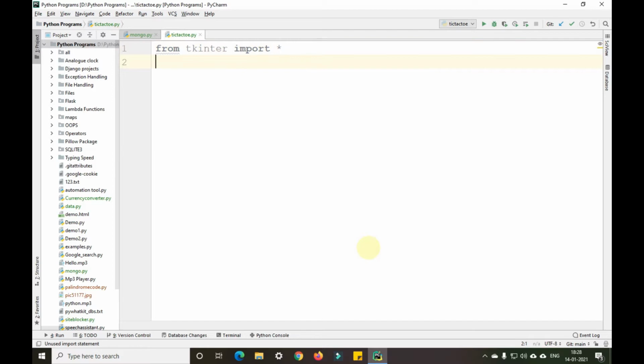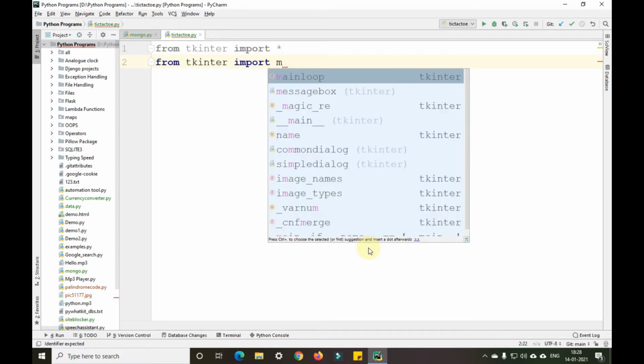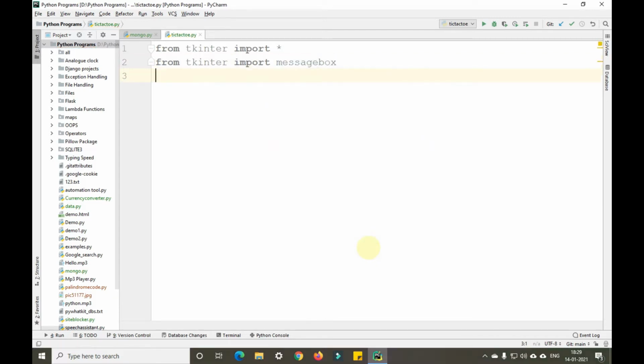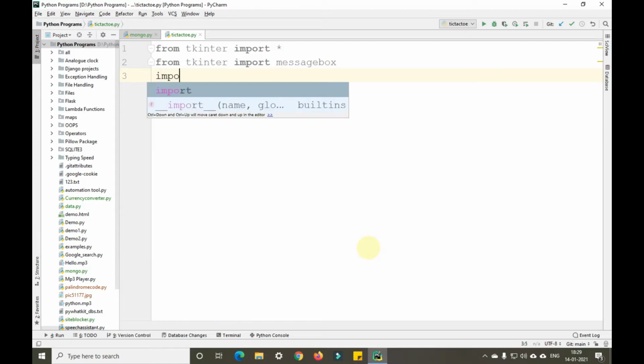After importing that, we'll import messagebox separately: from tkinter import messagebox. After importing messagebox, we'll also need a package called random, so I'll import that as well.